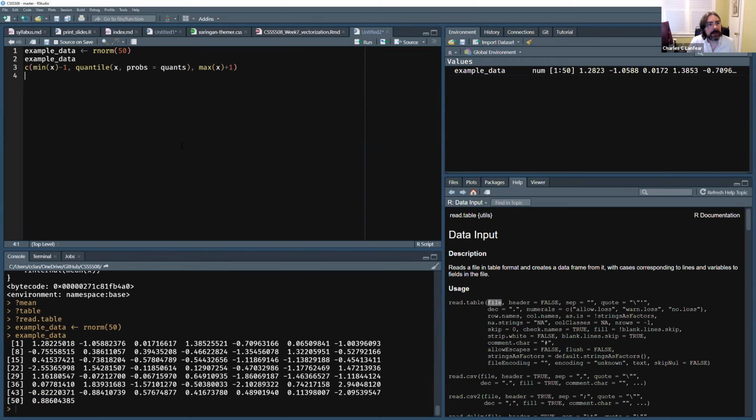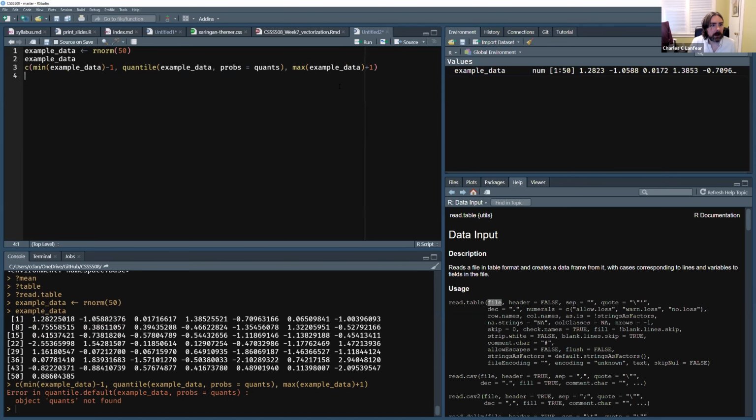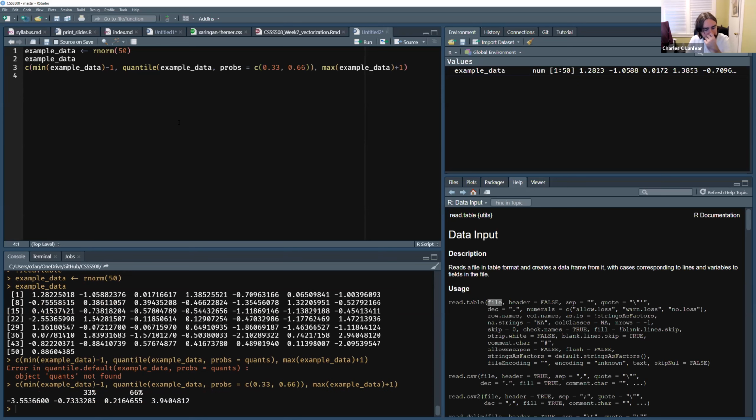Okay, if I take the data I had here and say, put example data where all the x's are, quantiles not found. Oh, I got to provide some quantiles. Let's do 0.33, 0.66. Okay. So what this is essentially doing is if I take my example data, let's arrange it so you